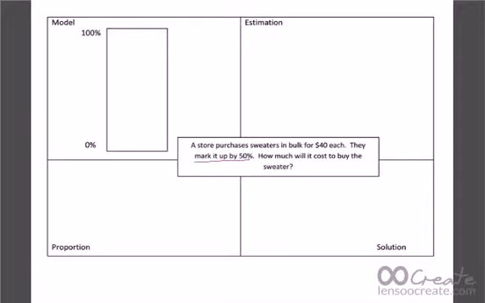Alright, well, we need to think about what mark it up means, okay? Mark it up means they're going to add to the cost, okay? They're going to make it cost more than they paid for it, okay? So the store paid $40 for the sweater, but they're going to make us pay more than that. So right away our estimation should be more than $40